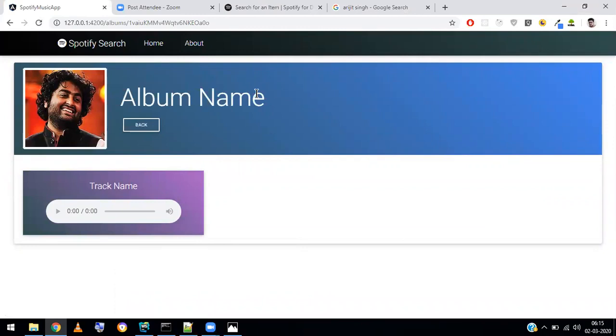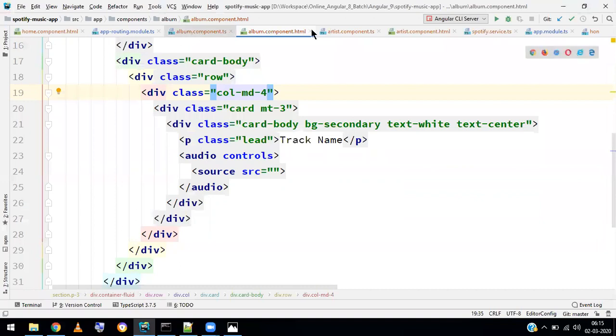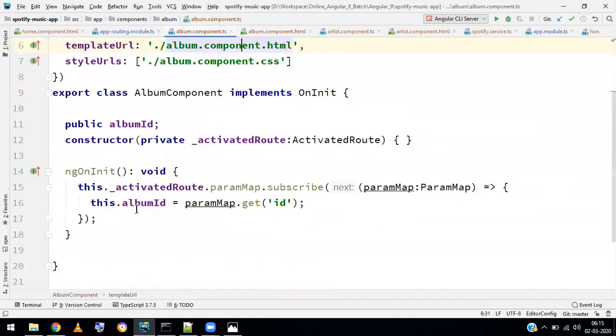Okay, looks good. Let me make this page from the real data. So what we got is album. Did we get album data? The album component has only the album ID, not the album. How to get the album? I think we have made a function